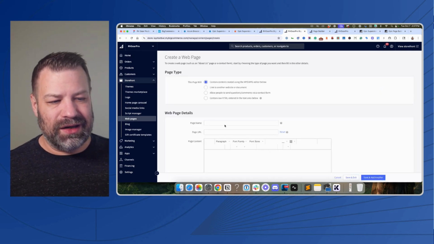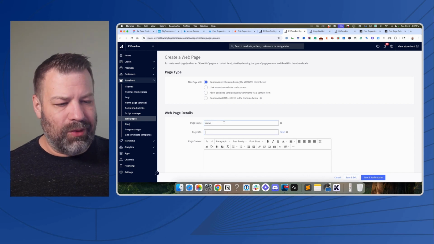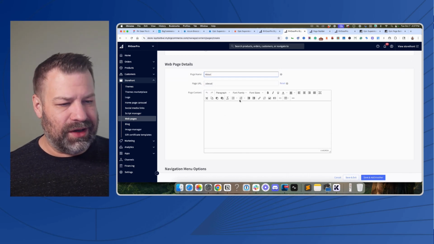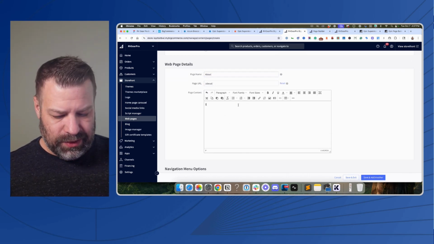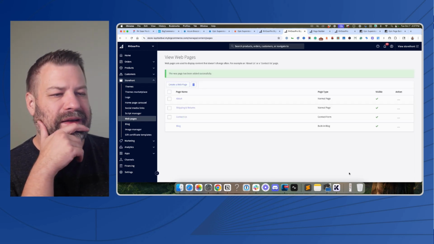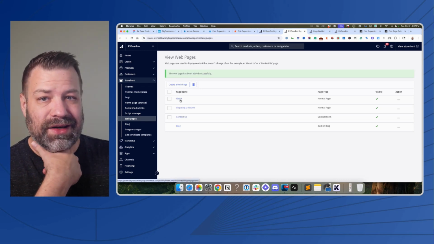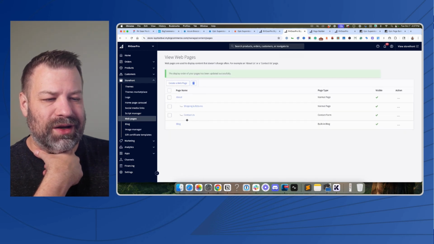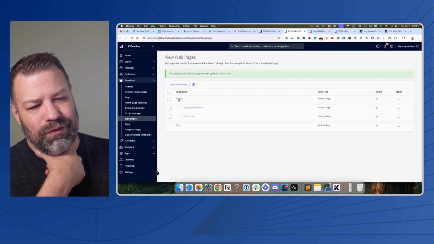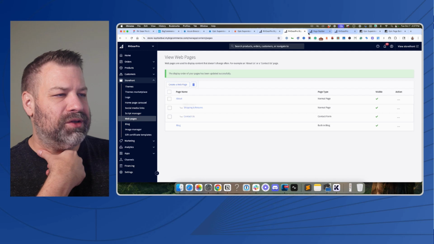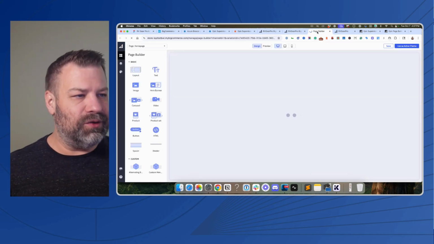What I want to do instead is I want to have an about page, right? And I'm just going to call it about. I'm going to just put some info coming soon message in here and save. Okay, so now I actually added one more in here. But now what I'm going to do is take my shipping and returns and my contact us. I'm going to jog it over under about, meaning that these now are children of the about page. And if I go back to my front end,